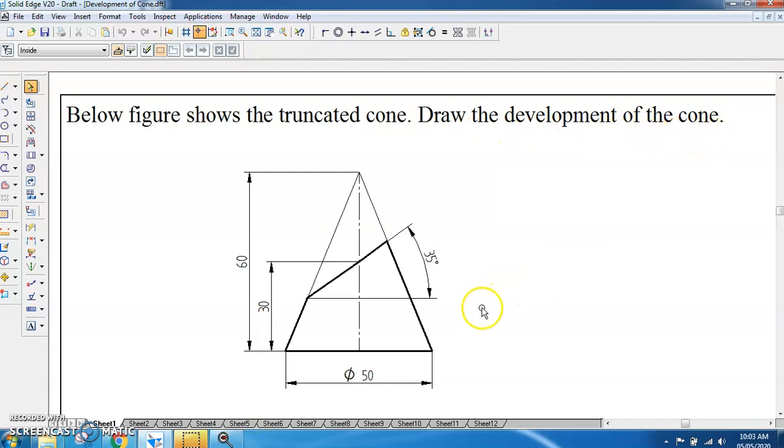So here they have not said that cone is having diameter of so much, height of the cone is this much, the cutting plane is cutting by this angle. So instead of saying all these things in words, they have given this figure. So from this figure you have to frame the problem statement and you have to solve the problem.